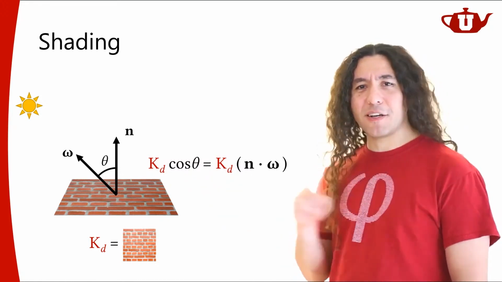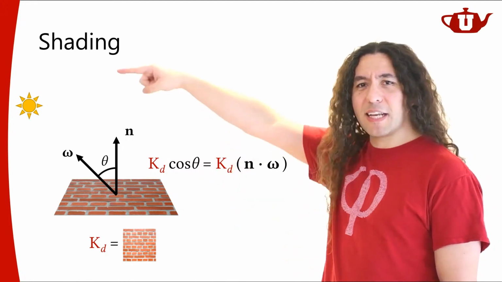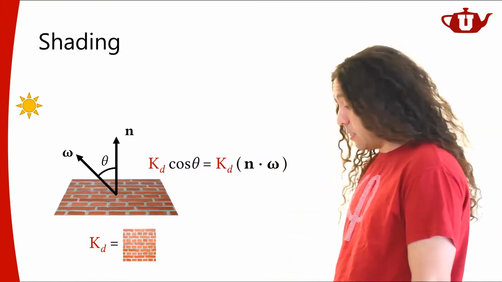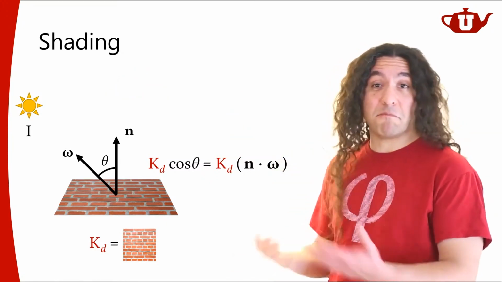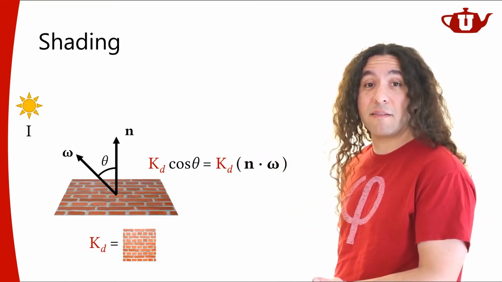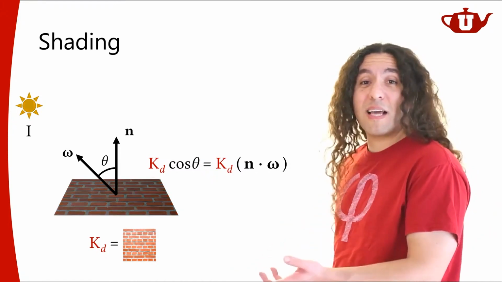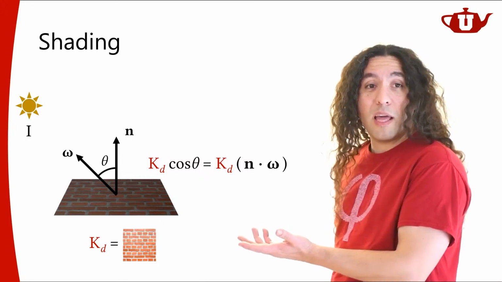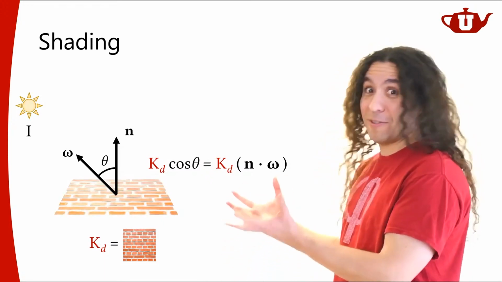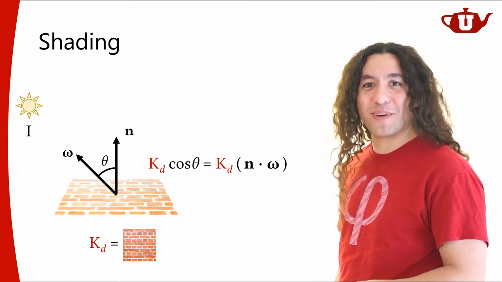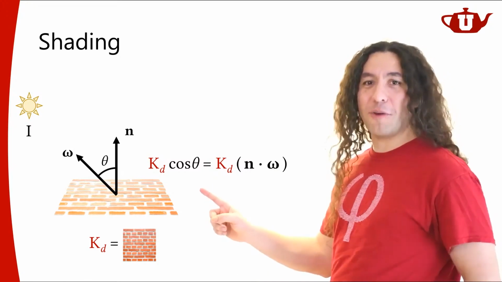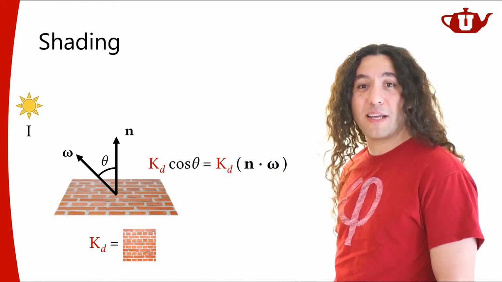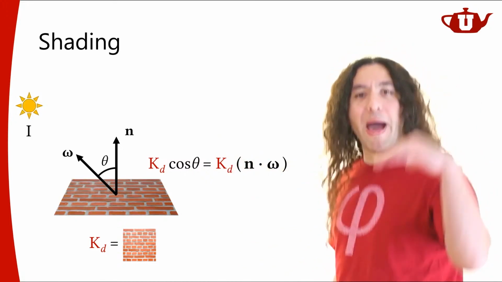Another thing that I haven't considered here is the intensity of this light, right? I mean, the light intensity is going to have some value. If the light is not very strong, things are going to look dark, obviously. If I have very strong light, then things are going to start to look really, really bright. So yes, there's this geometry term, but things also depend on this light intensity term. And it's not just the magnitude of intensity.